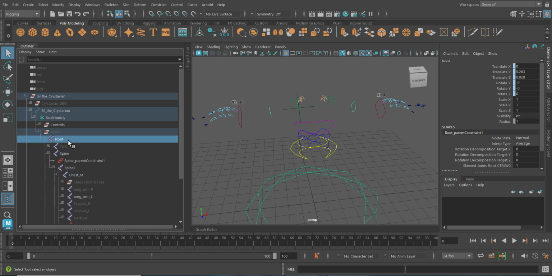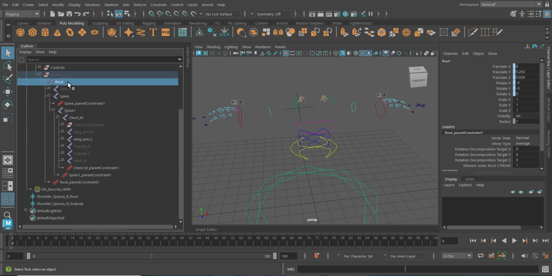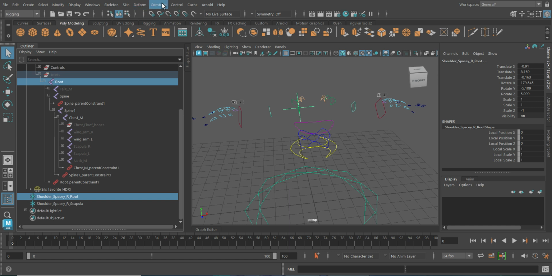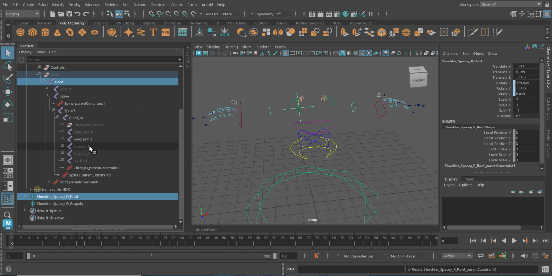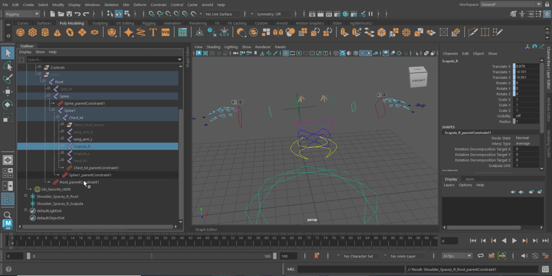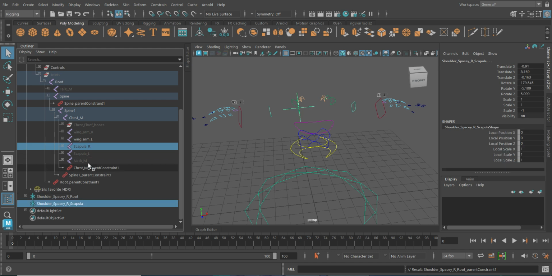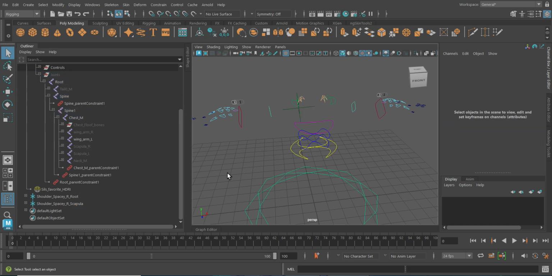And we want to parent the joints to the named locators. So click root, click spacey root, constrain, parent. Then scapula R to spacey R scapula, parent. So now that that is done,